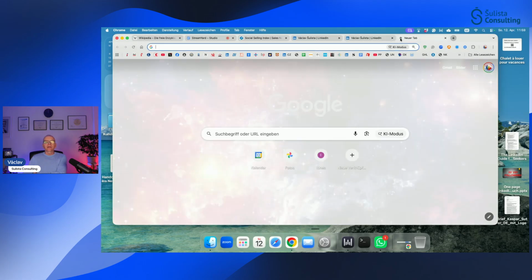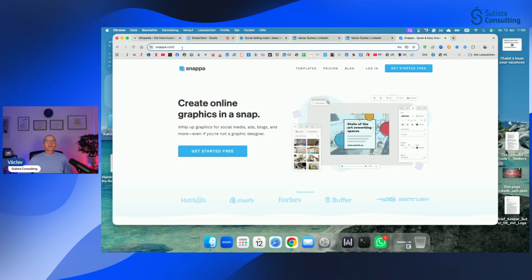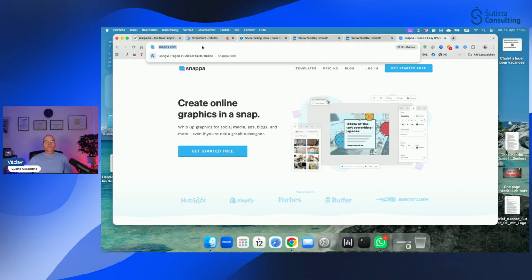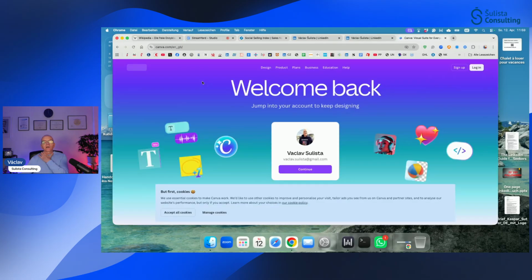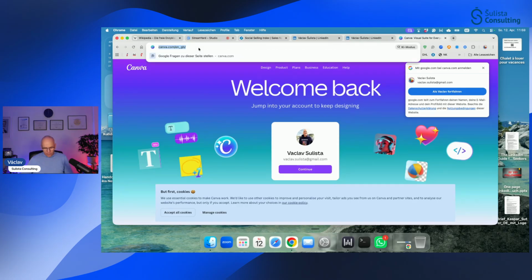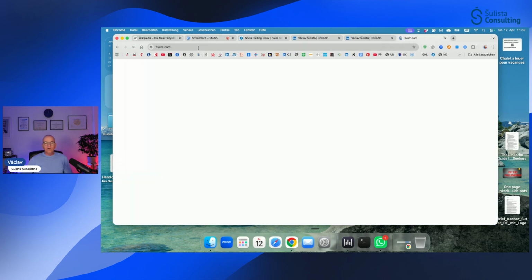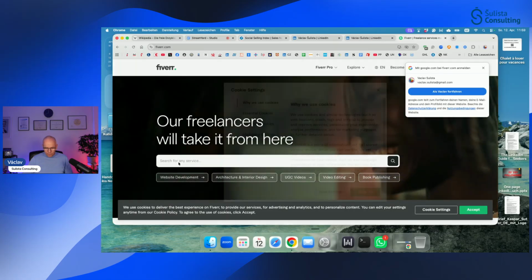How do we generate a nice banner? There are several possibilities for doing this. This first is Snappa. You can generate a free account, download 4 pictures per week for free. This is very useful. So snappa.com. Another one, much more advanced, is canva.com, where you can generate more beautiful banners. And if you would like to outsource it altogether, go to fiverr.com, and here you can search for any service, put in a LinkedIn banner,